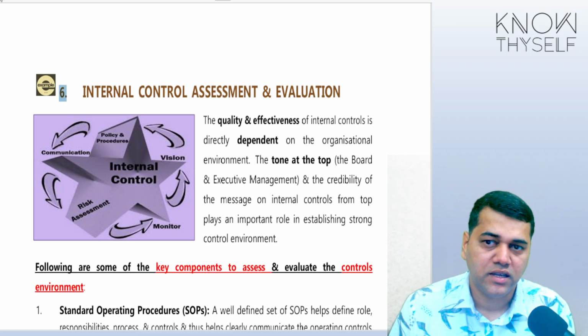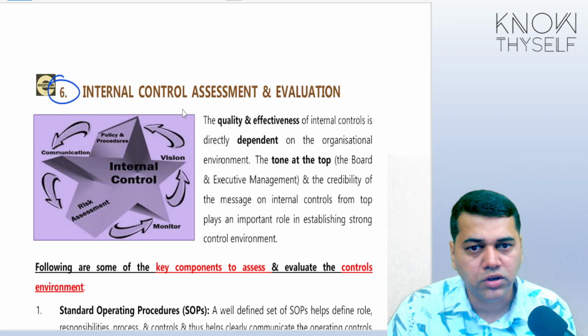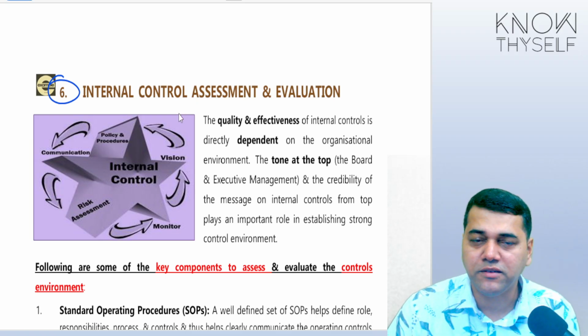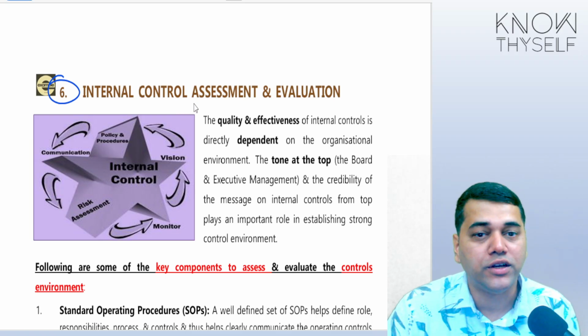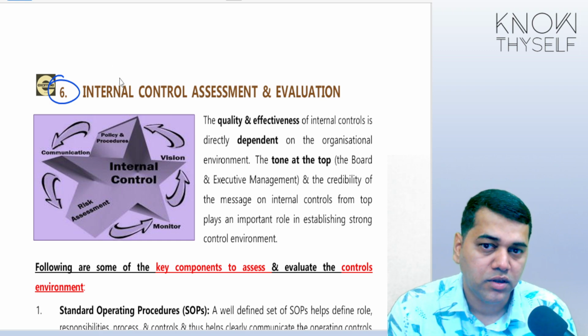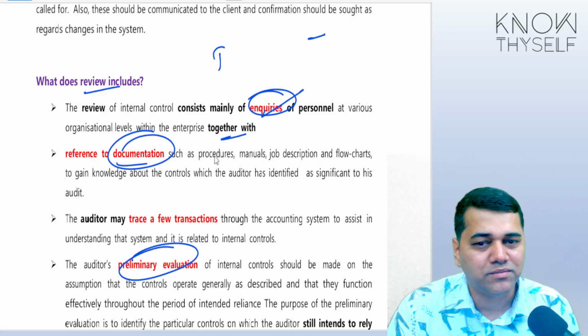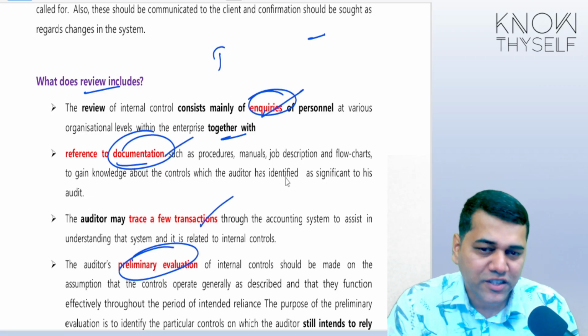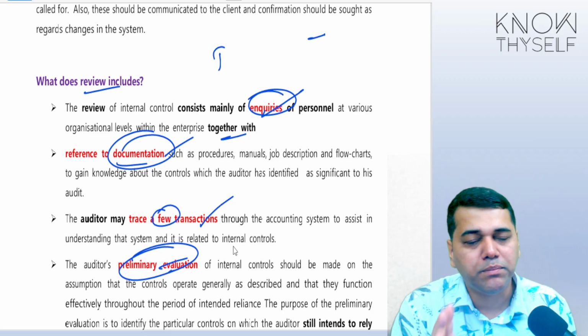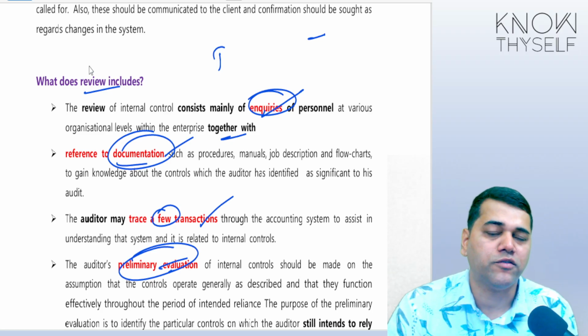Please understand. At the review time only, if you get a feeling that this organization's controls are not good, then it doesn't make any sense to assess and evaluate the internal control. That's why one very important question comes now. Students, how do you do the review? You see your activities, you make inquiries, you check some documents, trace a few transactions, do a preliminary evaluation. The review is a very small set of activity.